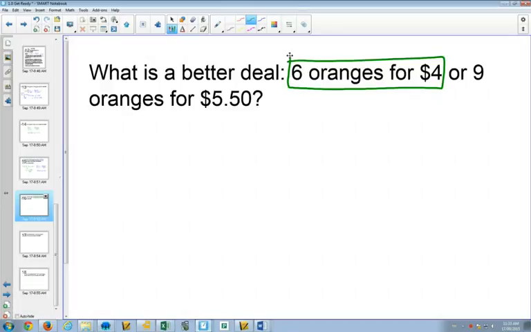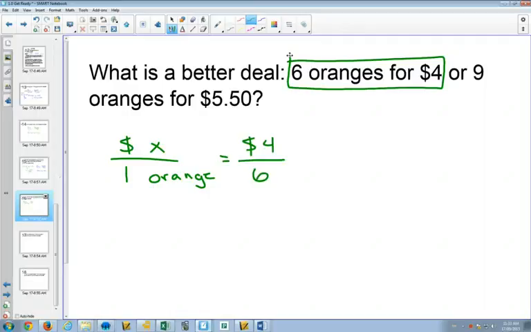So if we want to find the price per orange, I'll set that up as my proportion. I want to find the price for 1 orange. I know that for $4 I can get 6 oranges. So when I do 4 divided by 6 on my calculator, I get 0.67 or 67 cents per orange. So that's my unit price